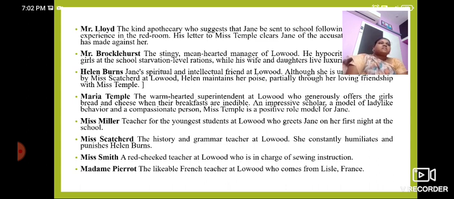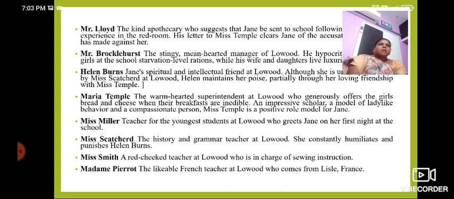The next character is Mr. Brocklehurst, the stingy, mean-hearted manager of Lowood. He hypocritically feeds the girls at the school starvation-level rations, while his wife and daughters live luxuriously. The next character is Helen Burns, Jane's spiritual and intellectual friend at Lowood. Although she is unfairly punished by Miss Scatcherd at Lowood, Helen maintains her piety, partially through her loving friendship with